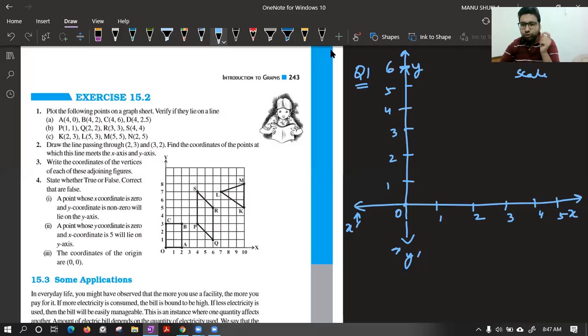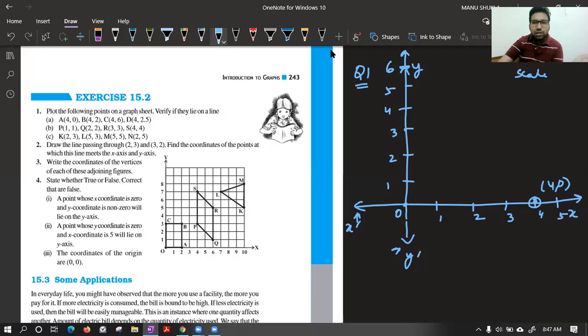Now tell me class, the point is 4 comma 0. So we are moving 4 on x coordinate and 0 on y axis. That is not a point. So our point is this only. This is known as 4 comma 0. Anyone having problem in this? As the x coordinate was given to you as 4, y coordinate is 0, so we can say the point is lying on x axis. So whenever in any point the y coordinate is 0, we can say that point is lying on what? Please tell. If the y coordinate of any pair is 0, we will call it is lying on x axis. Similarly, the opposite.